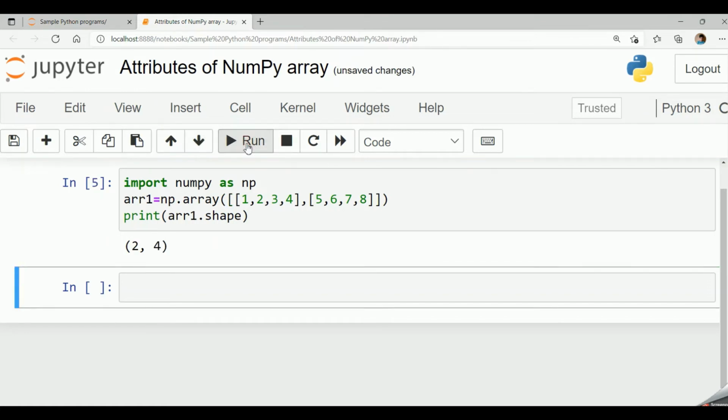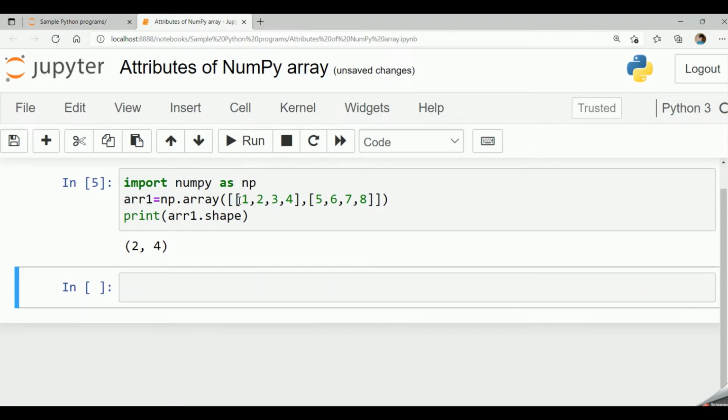When I run the code, I get the output 2, 4. That is, it is having 2 one dimensions and 4 elements in each dimension. So basically it has 2 rows and 4 columns. So the shape of the array is 2 comma 4.